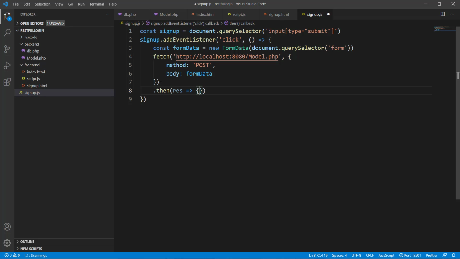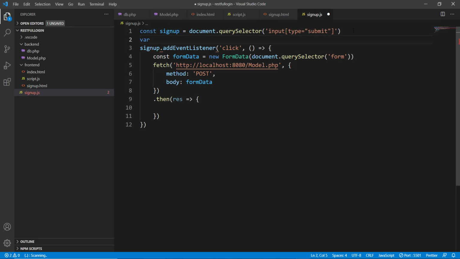And what am I going to do with this? I'm going to define it in the body of the arrow function. In the body of this arrow function, I want to do just two things. First, I want to get the HTTP status code, because based on that status code, I'm going to decide whether the user should be redirected to the landing page or it should stay on the same page. So for that, I need a local variable. I'm going to call it status as well. And over here in the then body, I'm going to get the status from the HTTP response and store it in the local status variable. So status is going to be